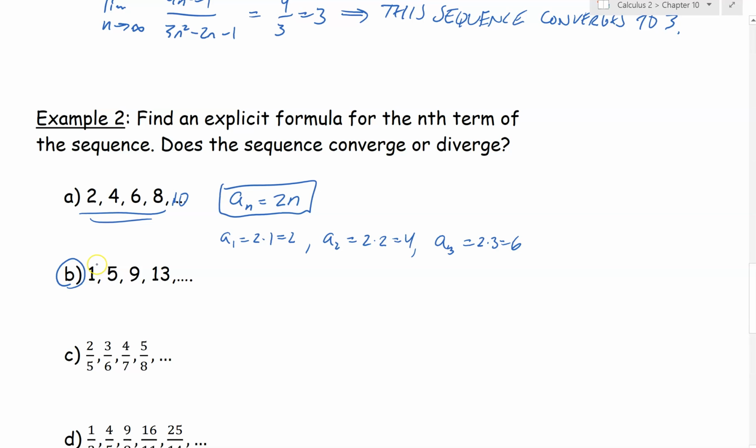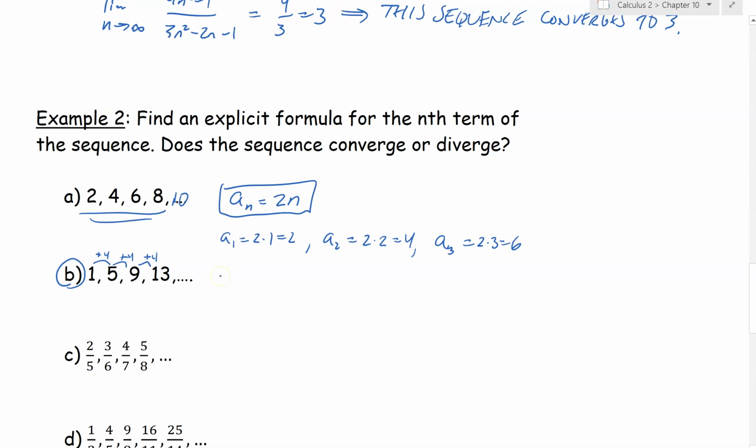Okay, in this one we notice a pattern that the numbers are increasing by 4 each time. And so that has what we call a linear relationship. Example A was also a linear relationship because we were adding 2 each time. So we're adding 4 each time, and we're starting with